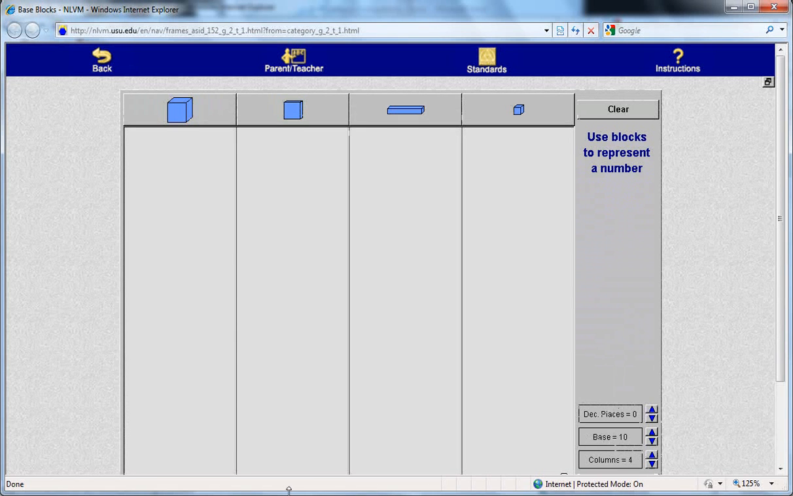So I want to create a problem. I'll create 3, 2, which is 3 longs, 2 units, and I just noticed I did not change this to base 5, so let's change to base 5. Let's try that again. We're in base 5, 3, 2,